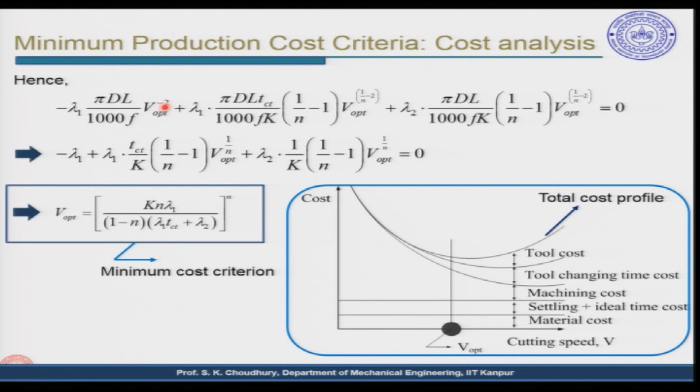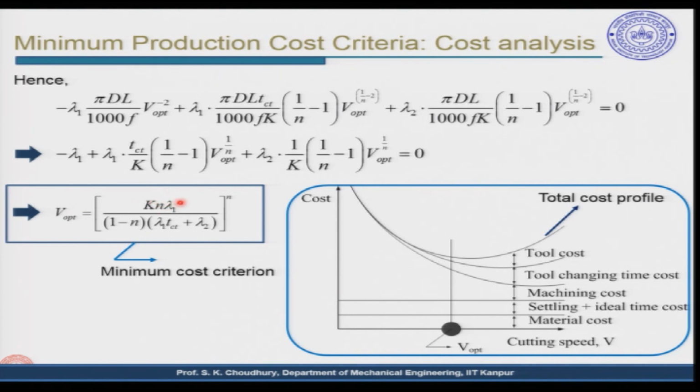Therefore, we will write V optimum in all those cases, we will reorganize them, and since it is equal to 0, these terms will be cancelled, and we are getting minus lambda 1 from here, plus we are getting the common factor V optimum to the power minus 2 and this factor. Now remaining will be 1 by n minus 1 V to the power 1 by n, and this will be V optimum of course, and similarly for this factor. Here it will also be V optimum to the power 1 by n, because we have taken V optimum to the power minus 2 and pi d L by 1000 f common. So, this is equal to 0, and if we solve that equation, we will find that V optimum is